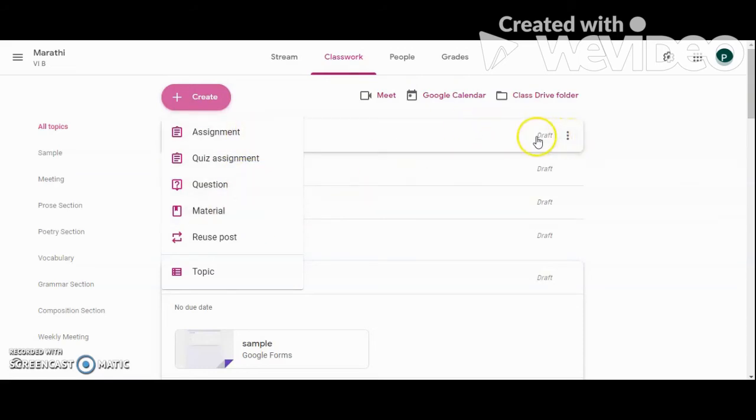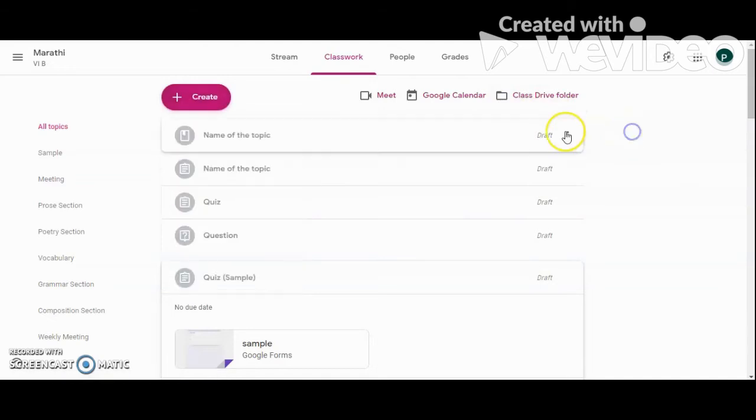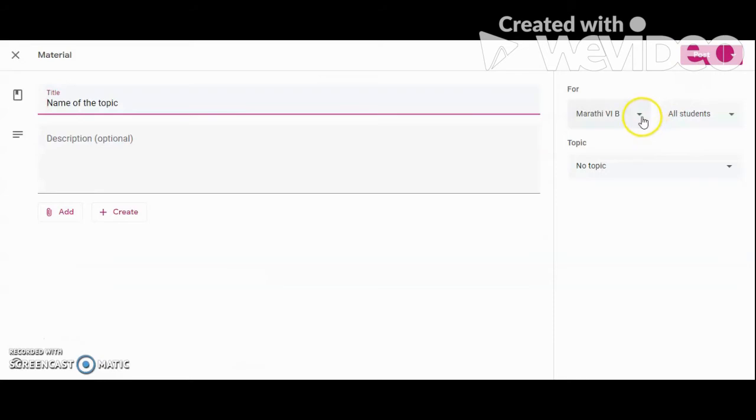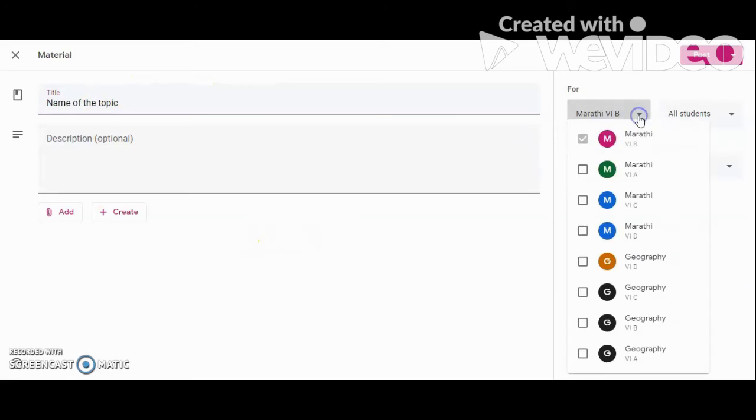And once you save it as draft, only 30 minutes prior to it, you will just have to go and click on edit. Since you have made all of this, you will not be making any changes here. So you will only have to make one change over here, that is you need to add the classes over here, and then you will have to post it the very same moment.